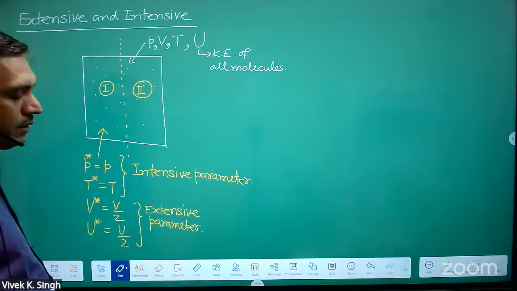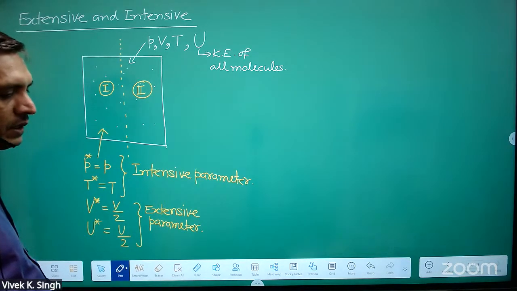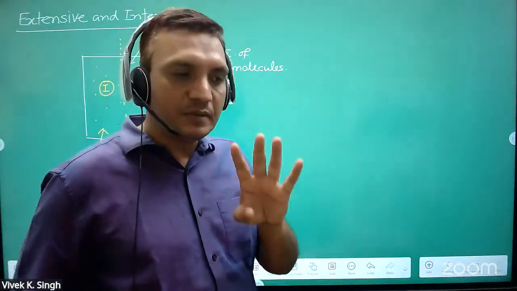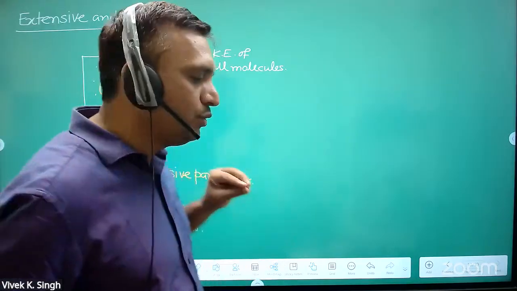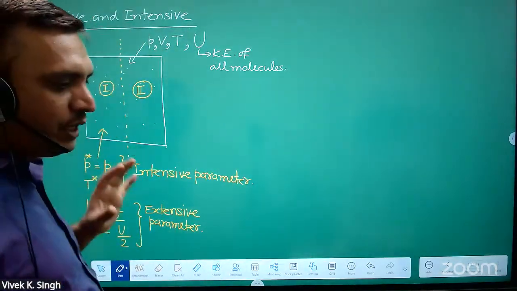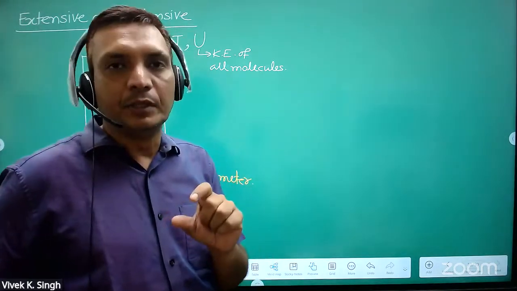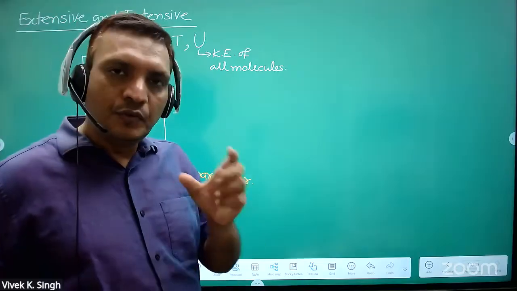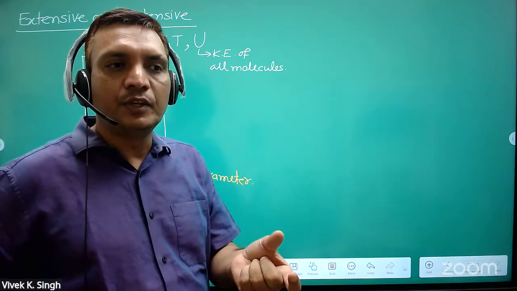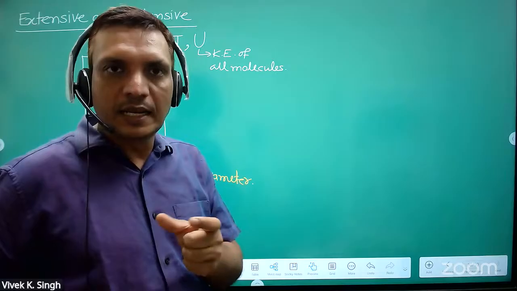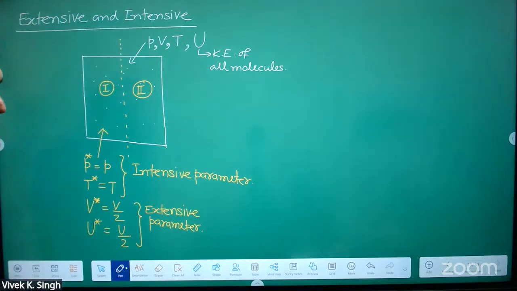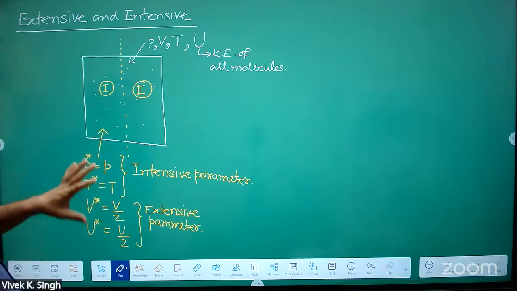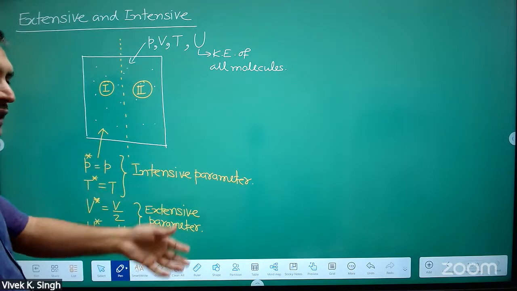But entropy is an extensive parameter, right? So I will discuss those parameters. Just see the definition part first, because you know pressure, volume, temperature, energy. So I have just taken these examples. When we talk about entropy and other parameters, we will discuss which one is intensive and which one is extensive. Is it clear? Yes, sir. Because I have just talked about P, V, T, U, that's why I am taking this example. Others we will take one by one.